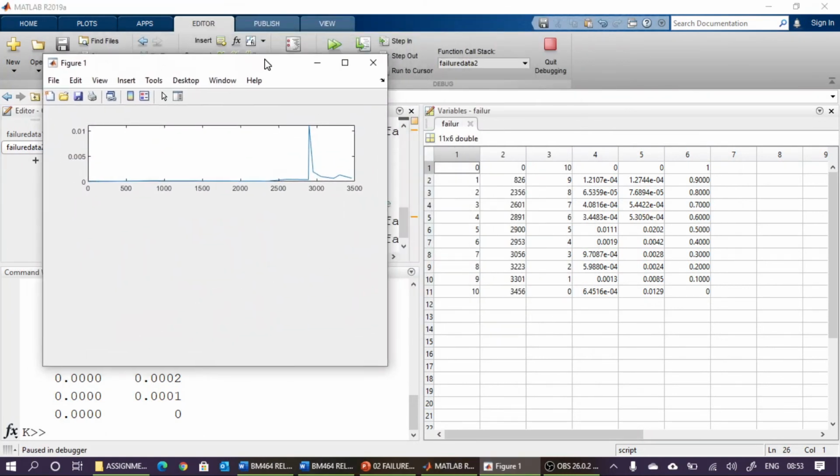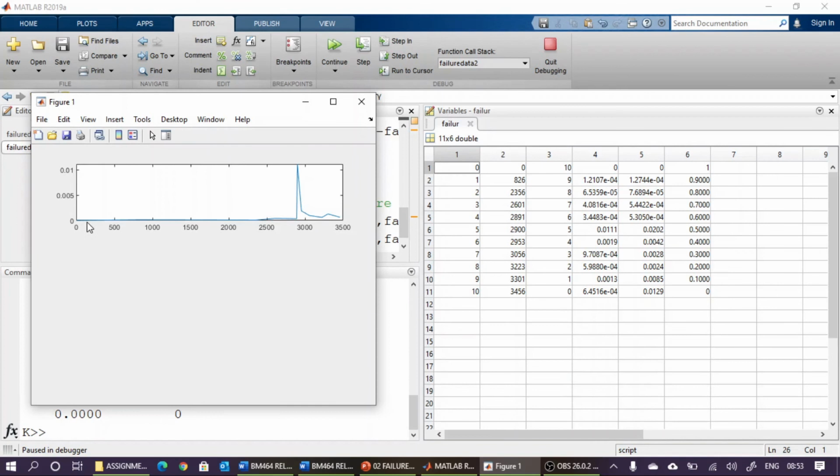So this one is a plot of failure density. You can see that up to 800 there is no failure, then it is increasing. Then here a large increase is there because this is actually corresponding to this small delta t. I told you this is small, that is why this large thing. So that is a problem of this type of failure data where the failure time is noted. If you are noting the failure time, this type of problem is there.